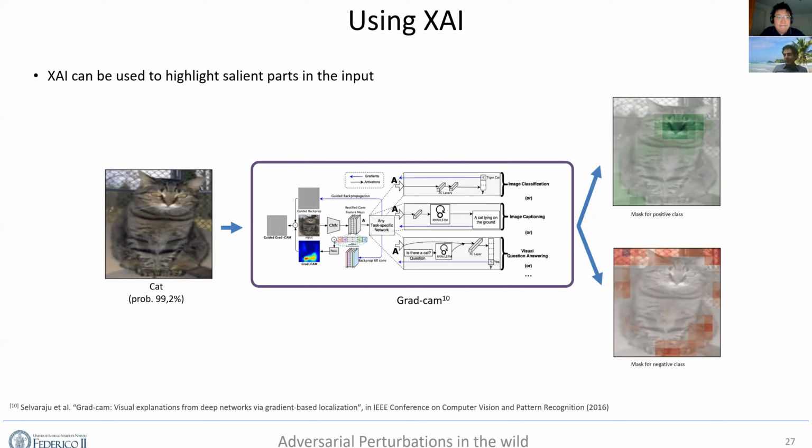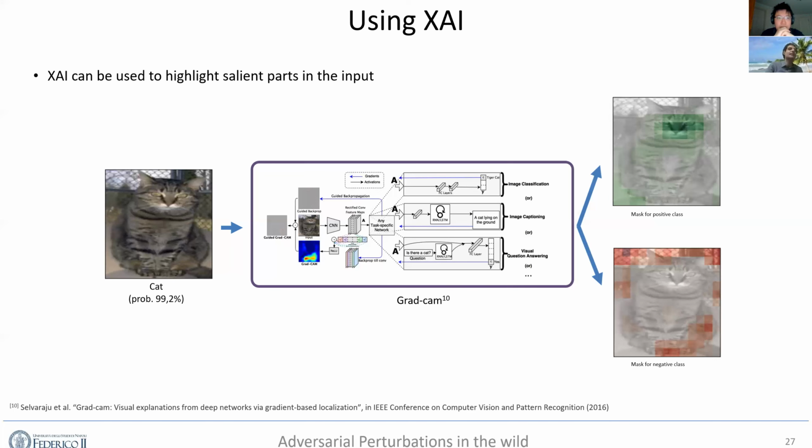Actually, no, your point is very, very good, because this was our idea. We thought that probably if we perform an XAI algorithm before, we can decide what part of the picture is important, and we attack everything but that part in order to preserve the XAI output. Actually, what turned out is that almost all the XAI algorithms are already vulnerable to adversarial perturbation. So it's not needed at all to perform this preprocessing stage. You can simply apply adversarial perturbation all over the image. And if you enforce a very low level perturbation, but distributed all over the image, the XAI algorithm is no longer able to understand what's going on. So it keeps